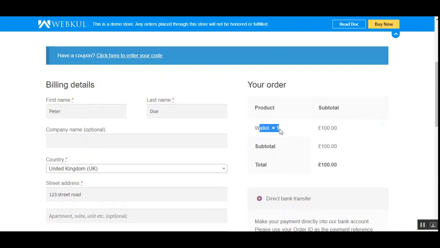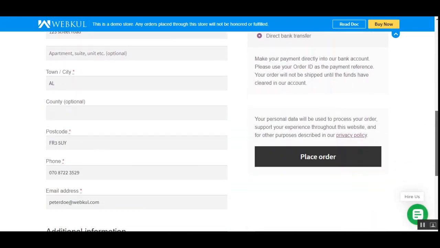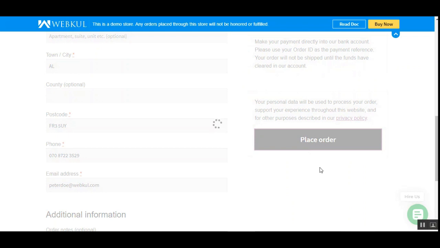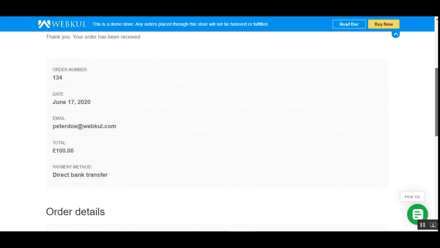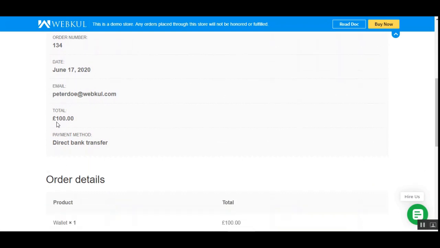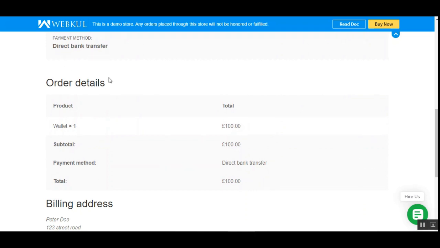So here you can see that we have the wallet transaction that is for £100. So £100 would be added to our wallet amount. And lastly, I'll just tap on the place order button, and this would place the £100 credit for our wallet itself. So you can see that the order has been received, the order number 134, and the total is £100 using the direct bank transfer